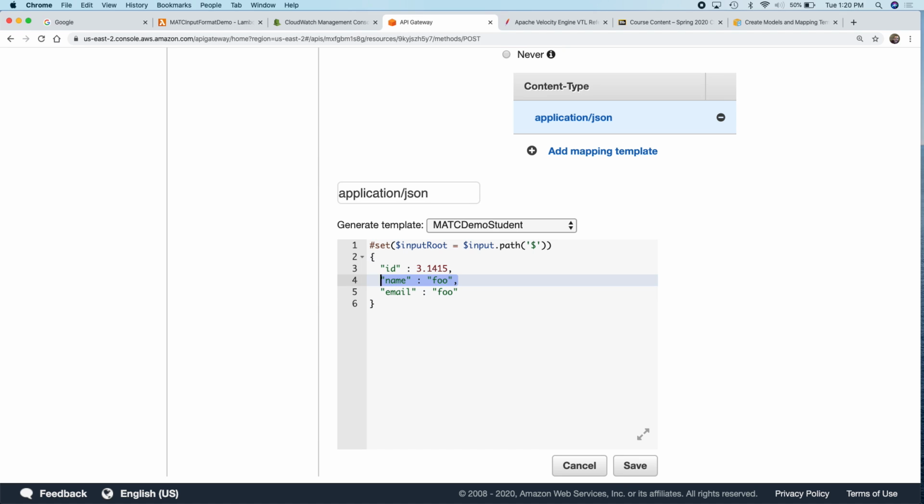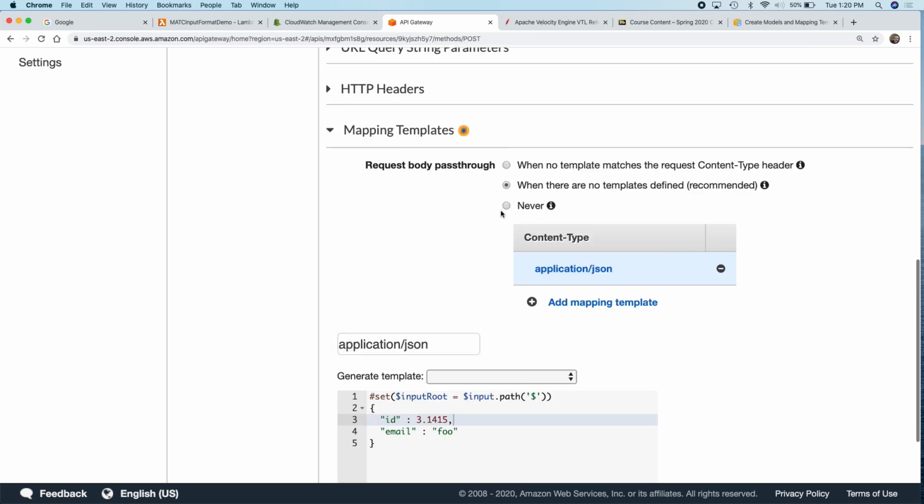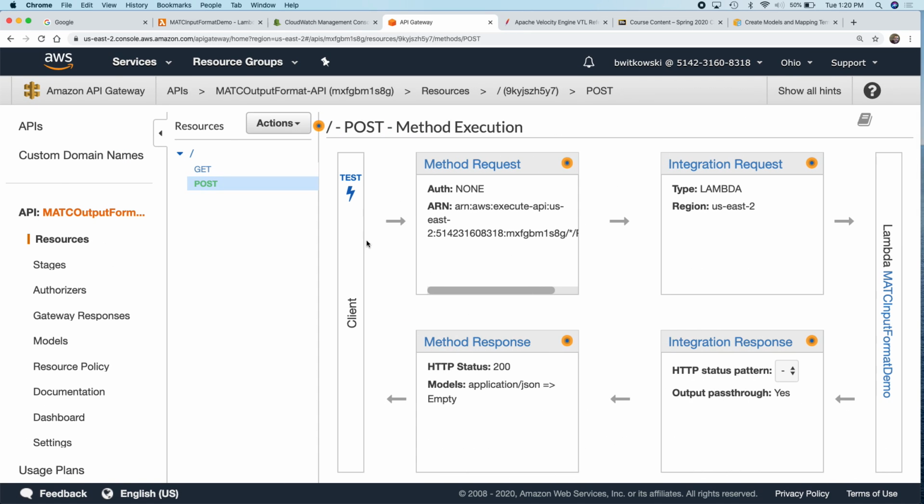Okay, and I'm not even going to change the values yet. I don't care about changing the values. I'm just going to go ahead and save this. And now if I go back and I try to test this,